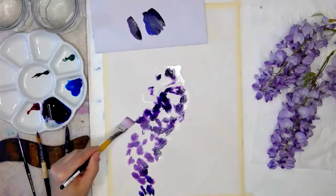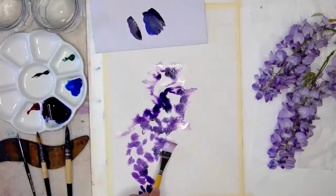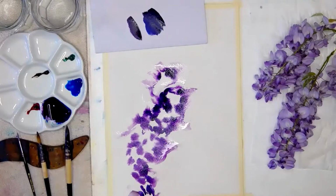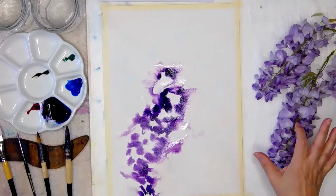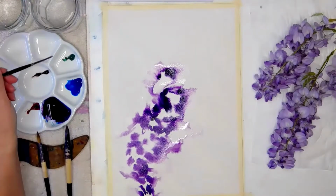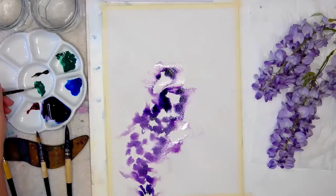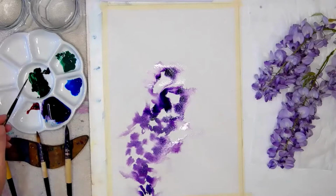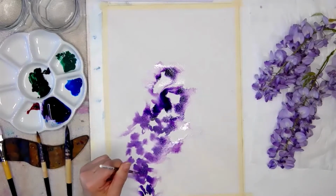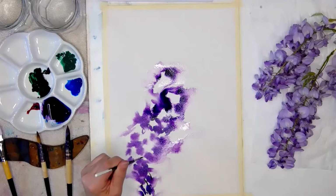A little bit of water and just soften off more of the little petals. Now I've got these beautiful green stems, so I'm just going to spend a minute taking my little liner brush, and I'm going to add some Van Dyke Brown to my Viridian. And while it's all beautiful and wet, I'm just going to spend a minute putting little suggestions of stems, where the stems come in and they meet